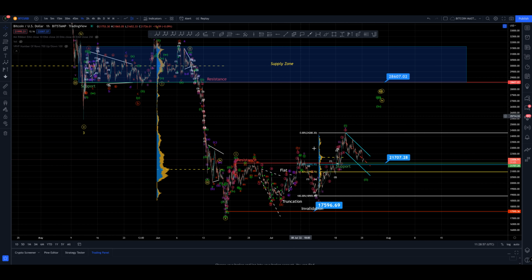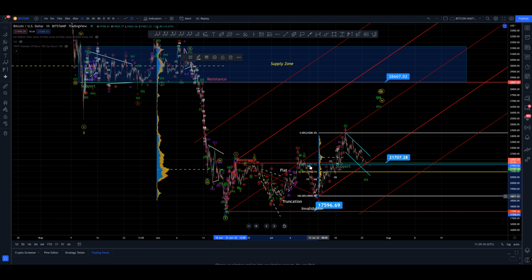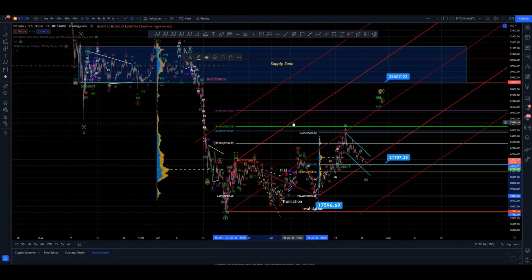So yeah, a lot of work to do, but if we do come rocketing out of here in another 5, and if this continues to get stronger, then the relationship at that point between the wave 1 here and our wave 2 is going to start to look more and more like an impulse. See what I mean? Let me just take an extension tool here for a moment. If we went from the 1 to the 2, put in our wave 3 extension, we're already past the 1.618. If this is an extension, we will smash that. We will absolutely wreck it.